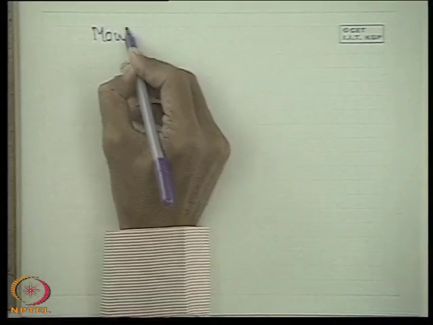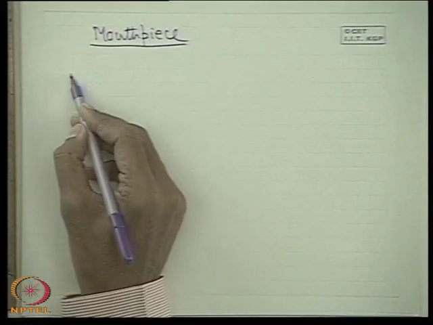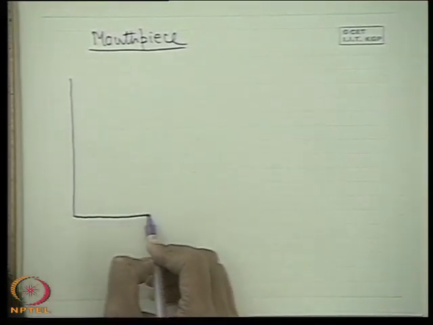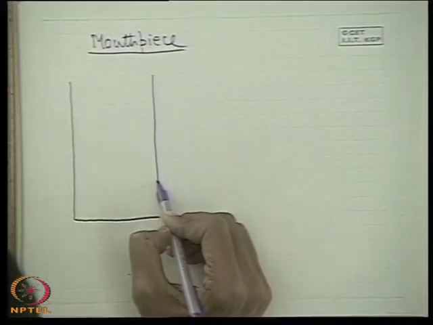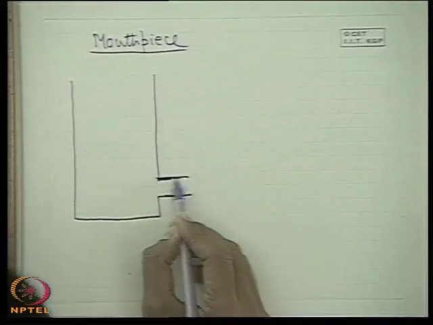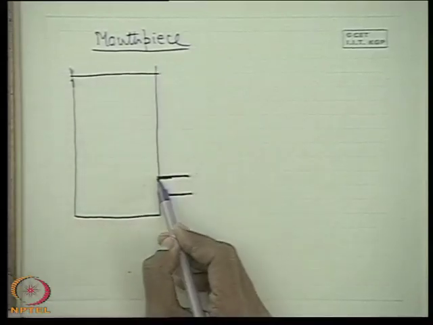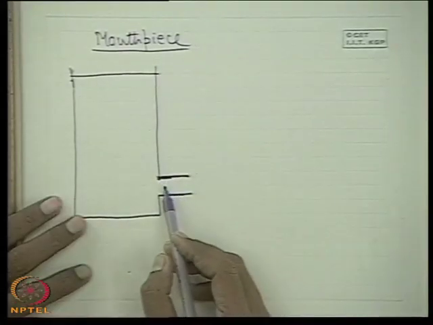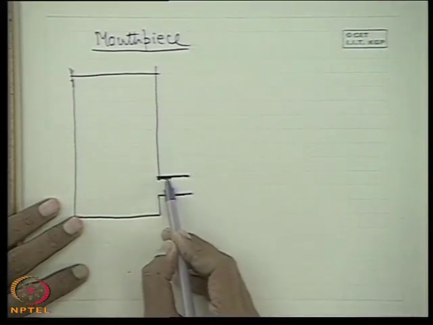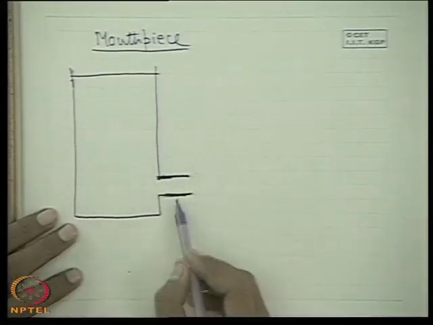All right. Now last part I will discuss the mouthpiece. What is a mouthpiece? Now it has been found that by attaching a short length of pipe, a cylindrical length of pipe at the side instead of an orifice, the discharge is enhanced as compared to an orifice. That means if there was a sharp orifice, what could have been the discharge? The discharge will be more if instead of the orifice we attach a short projected part of a cylindrical cross section, very short, which is known as a mouthpiece.